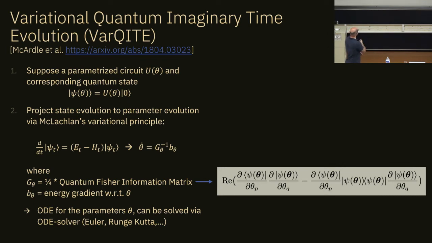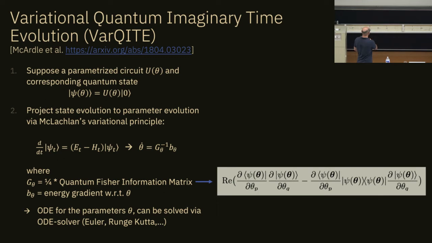One is variational quantum imaginary time evolution, or VarQITE. What we do here is we take a parameterized circuit, an ansatz, can be pretty arbitrary, so psi theta, and we use McLachlan's variational principle to project the state dynamics that's given by the differential equation to the parameters. And I don't go through all the details here. You can read that up in the paper. But the rationale is really to project what you would like to do in the state space to the best you can do in the parameter space or in the manifold in the exponential Hilbert space.